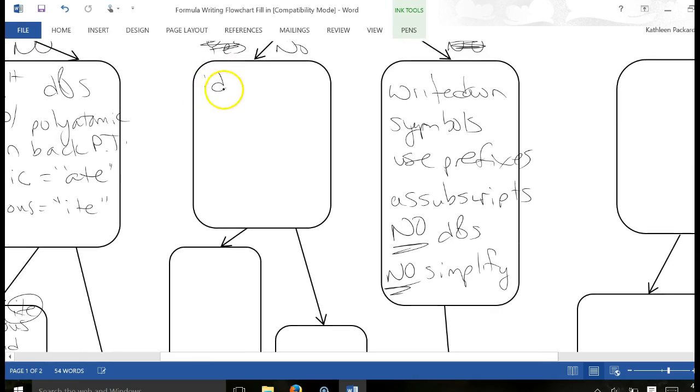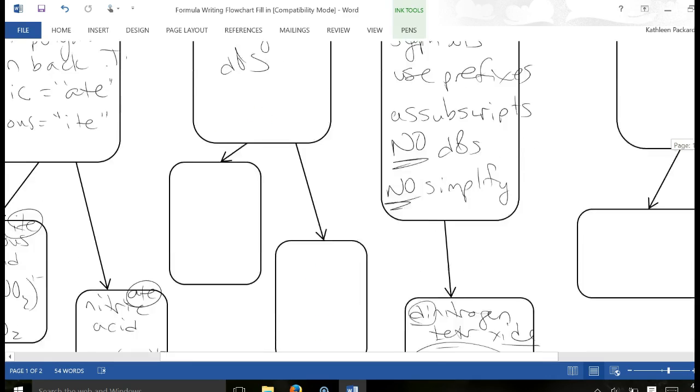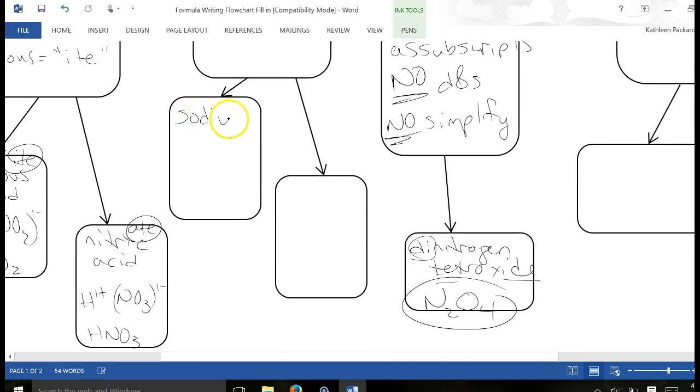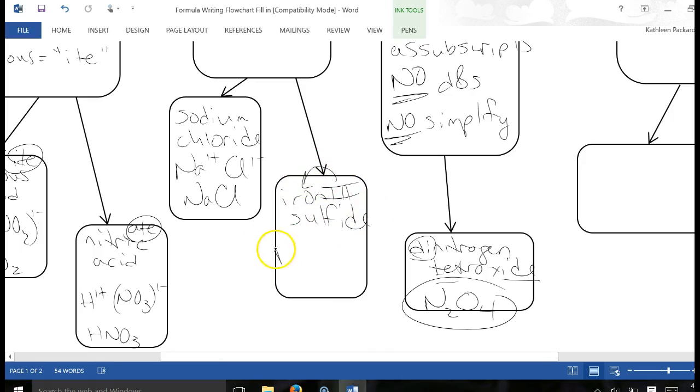For this one, you want to identify the charges if it doesn't have a prefix in the name, and you're going to drop and swap. Okay? You want to watch out for those Roman numerals. So, for example, if I gave you sodium chloride, ends in IDE, no prefixes, it's Na 1 plus, Cl 1 minus, NaCl. If I had a Roman numeral, iron 3 sulfide, that Roman numeral tells you the charge on the one in front of it. So Fe 3 plus, sulfide ends in IDE, look on the front of the periodic table, drop and swap,